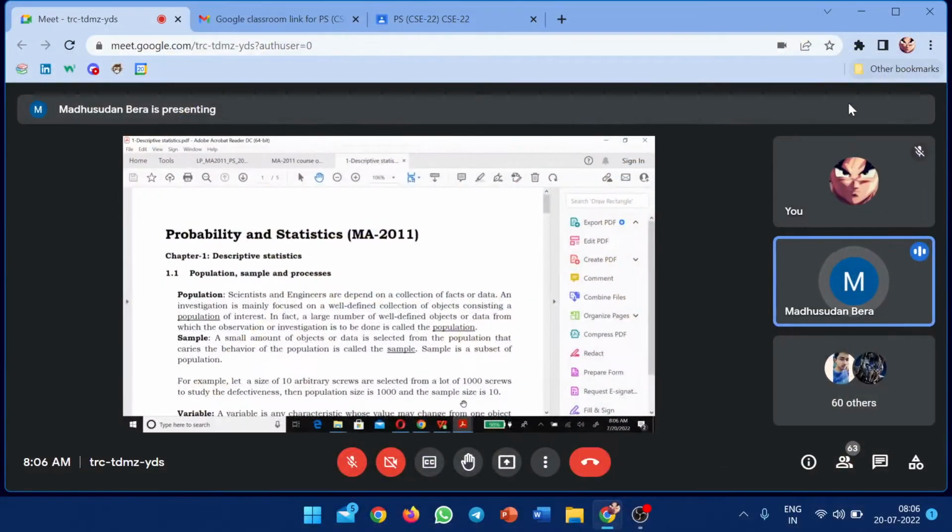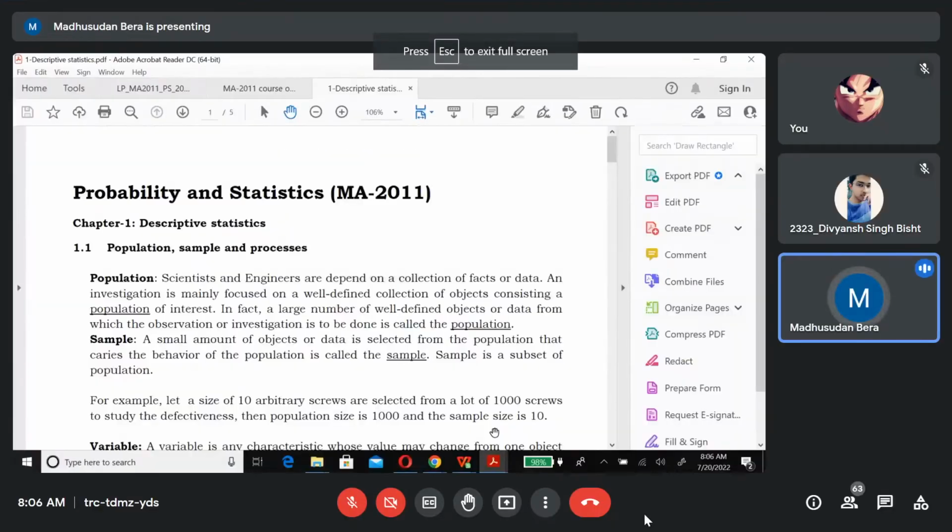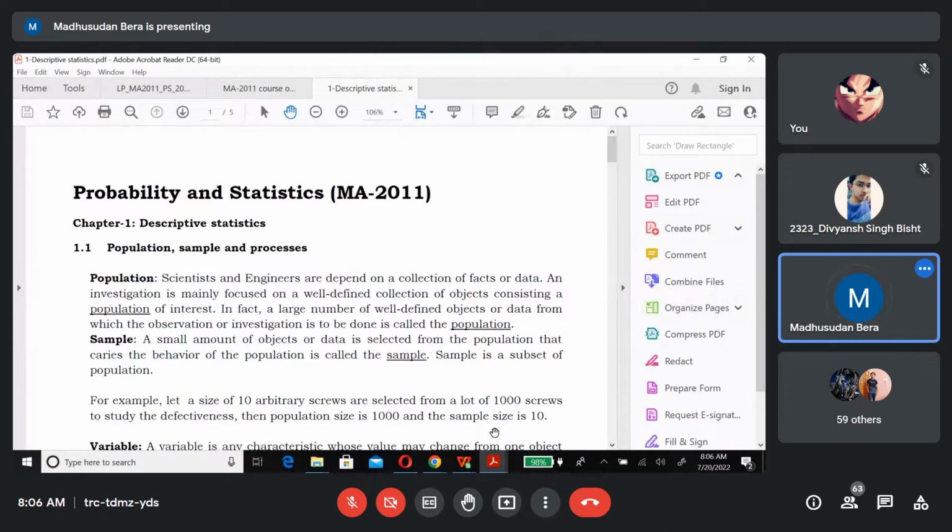Because from here only definitions will come. In fact, you know the definitions also. So the first one is descriptive statistics. For that we have to know some definitions: what is population, sample, process, those things. So before defining that,